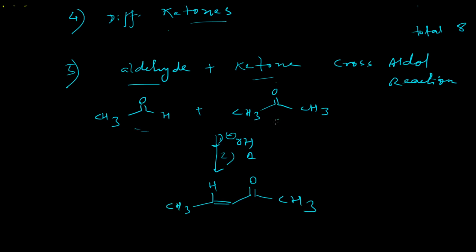Between these two compounds, this acetone will form the enolate, and after the formation of the enolate from this acetone, this will attack as the nucleophile towards this acetaldehyde center, and this will be the major compound or major product. So when an aldehyde and ketone are reacted together in an aldol condensation reaction, always remember the ketone will undergo enolization or enolate ion formation, and then it will attack as a nucleophile to the aldehyde center, and this will be the resulting product for this particular type of reaction.